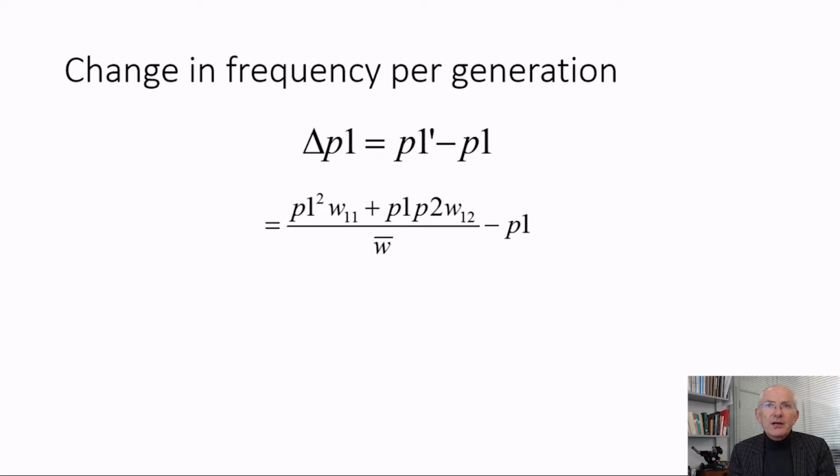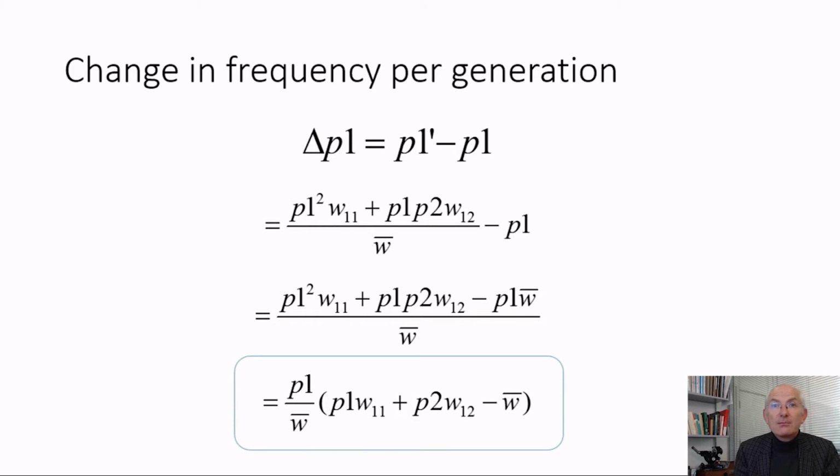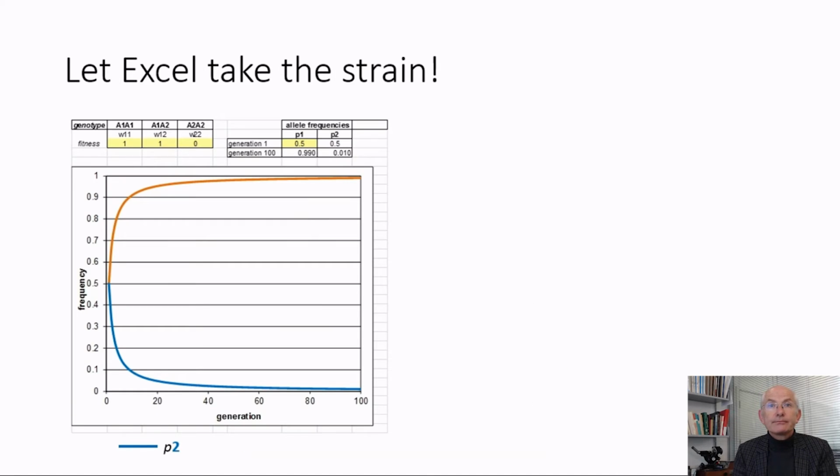So we can simplify those a little bit. We could multiply the minus P1 element by W bar to bring it all into one neat expression like that. And then we notice that there's a W bar on the bottom and a P1 on the top of each of those components, and we can take that out of the expression and simplify it in that way. So that's the way you can calculate the change in allele frequency generation by generation if you know the fitness of the genotypes and the population otherwise obeys Hardy-Weinberg rules.